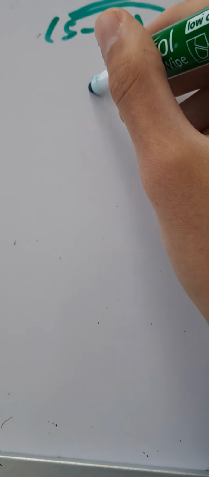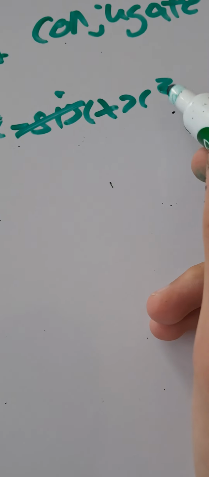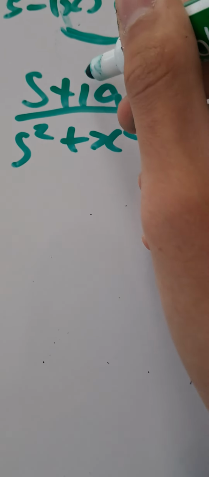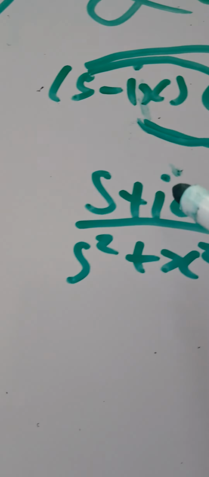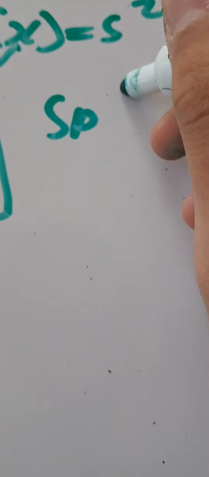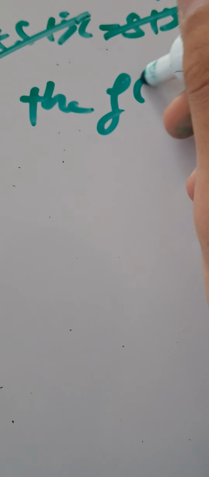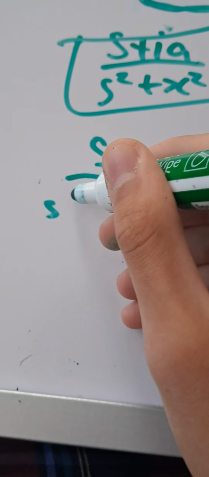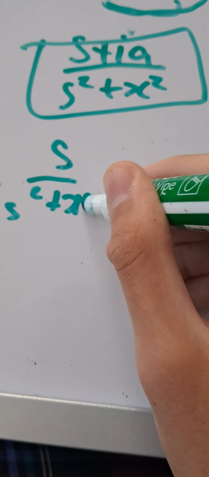So now that leaves us with s plus ix over s squared plus x squared. Now, remember, I want to take the real and imaginary part. How can I do this with what I have over here? What I'm going to need to do is split the fraction. Like this: s over s squared plus x squared